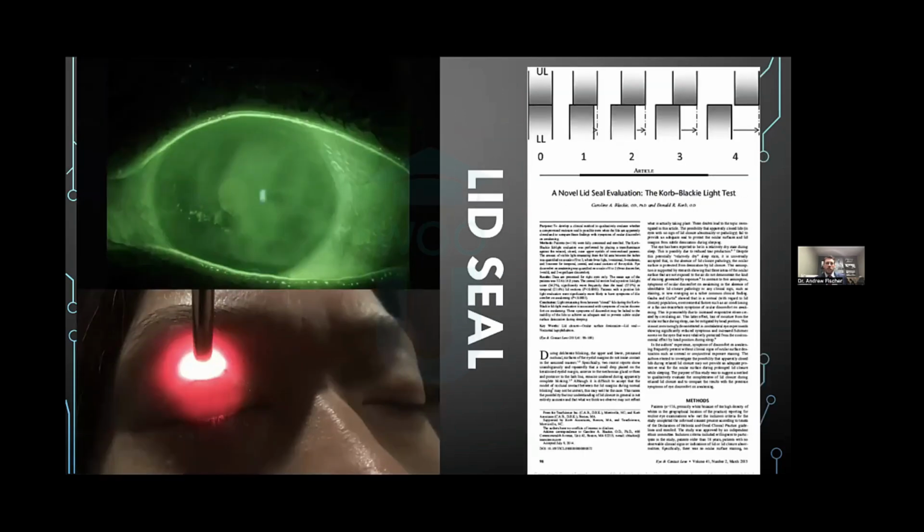On this next page here, what I do to test for this, without sneaking up on them at nighttime with my transilluminator, is I'll have them gently close their eyelids in the microscope or in the exam chair. I'll rest my transilluminator on their eyebrow just so they don't tense up, and then I'll gently slide it down to their upper eyelid. As you can see in this picture here, there's light shining through underneath that eyelid, and that is a clear sign that that patient doesn't close their eyes very tightly at nighttime.